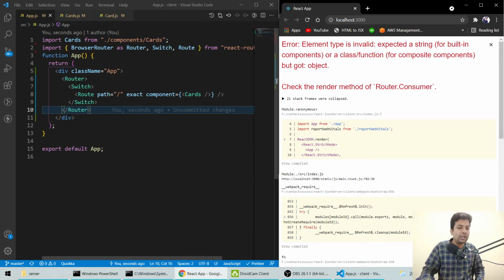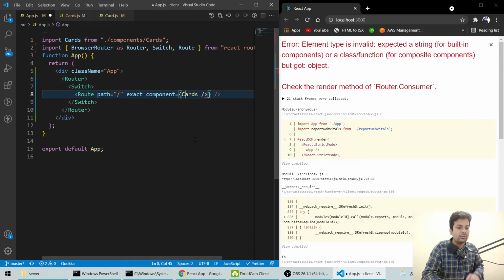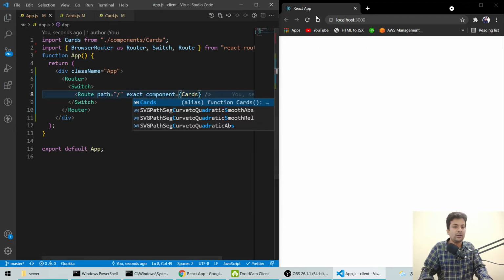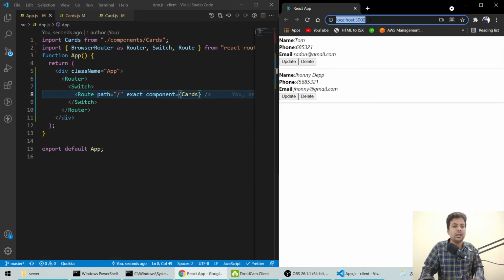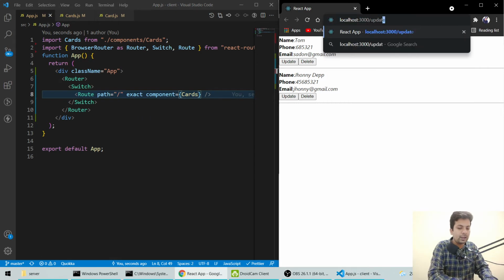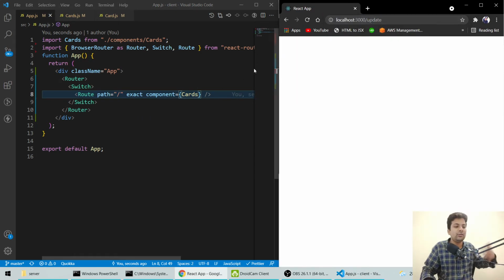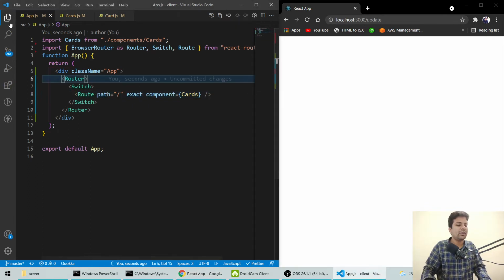Sorry, we have to write it like this, just Cards. Save it. Now data is coming here, but if we go to update, nothing is there because we haven't made the update route. So let me quickly make an update file.